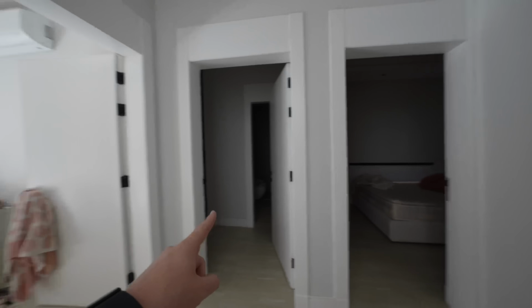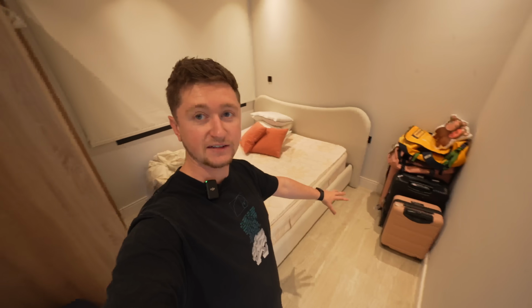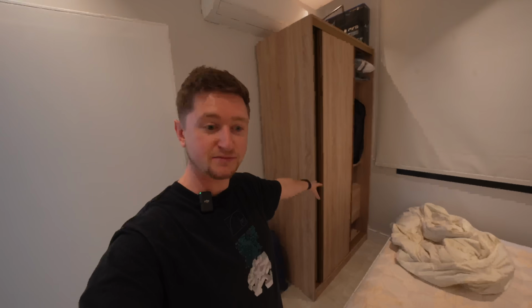From our messy living room, we head down the hallway to see our washing. Built-in washing machine and dryer, loads more storage over here. And now we go between bedroom 1, 2, and 3. Bedroom number 1 is actually our spare room. We've had quite a few friends and family come and stay over the months we've been here in Saudi, which has some storage, and we're keeping some bags and things. And that also has its own ensuite bathroom here